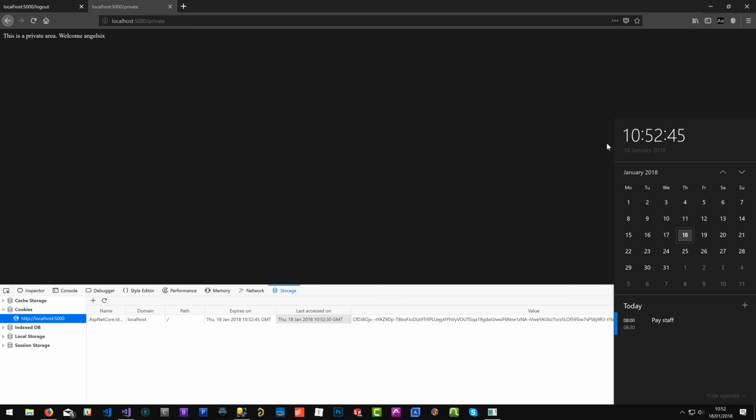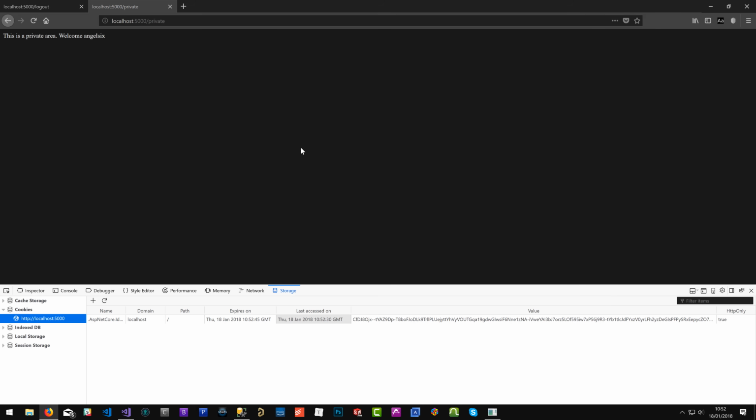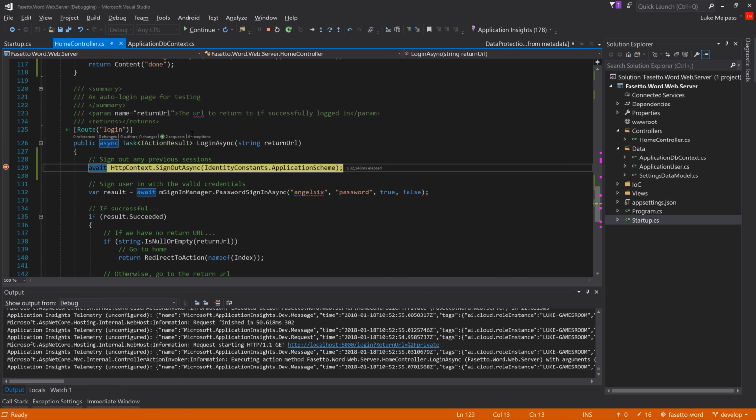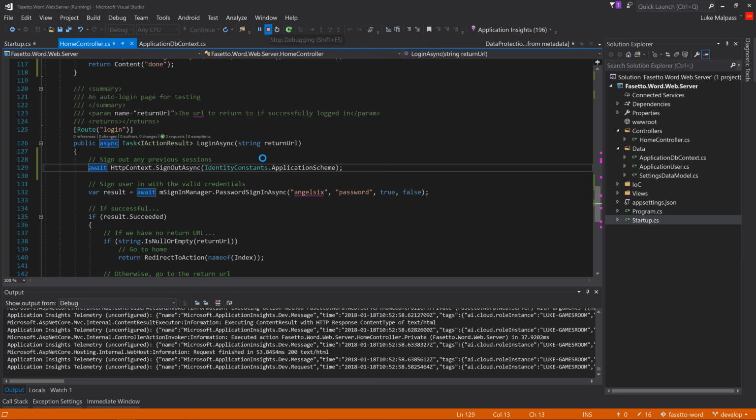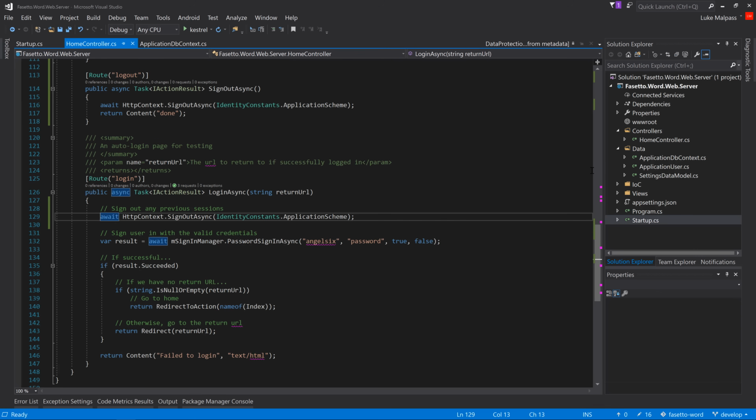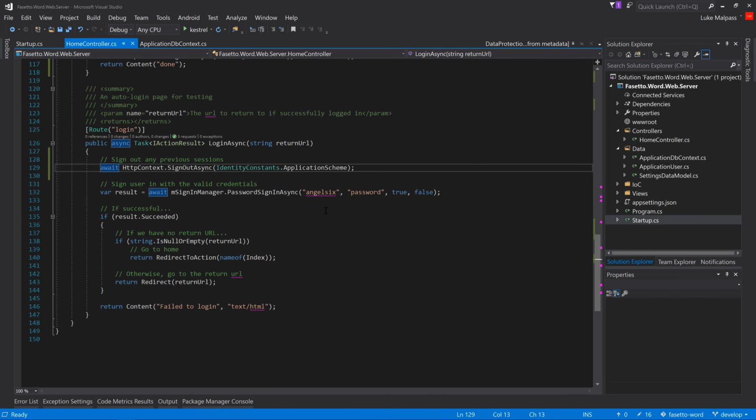So I think that's covered everything that we were after. Let's just wait for this to time out, go to 53 and then refresh. So now we can just do a refresh. And you can see then we hit the login page, which we then just auto log back in. So that was the starters to effectively creating